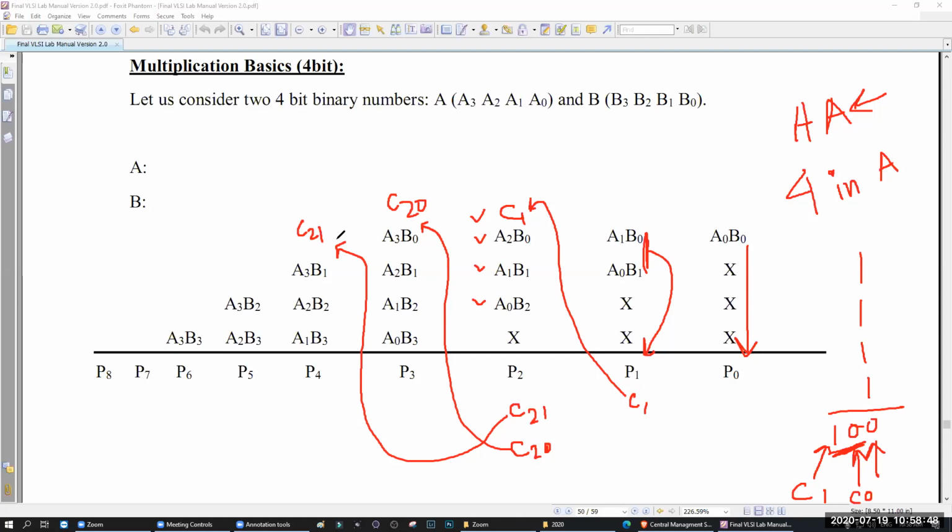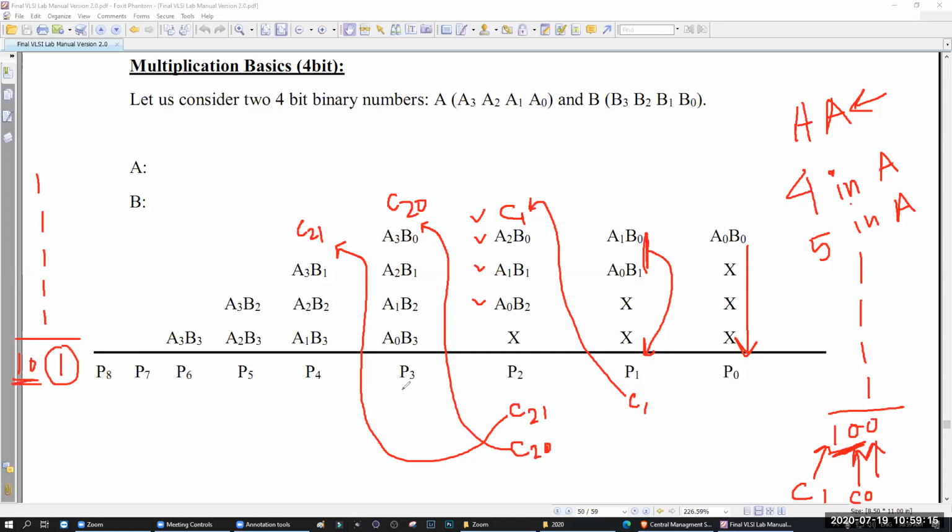Yes, sir. Okay. Now here, how many numbers do you have? 1, 2, 3, 4, 5. So if you add these 5, your result will be P3. But now you need a what? You need a 5 input adder, right? And for a 5 input adder, again, 1 plus 1 plus 1 plus 1 plus 1, so your result is 1, 0, 1. So this 1 is your result, that means P3. What about these 2?